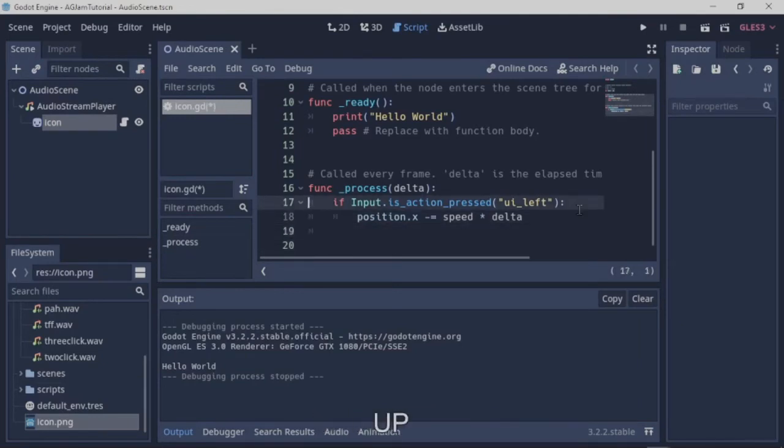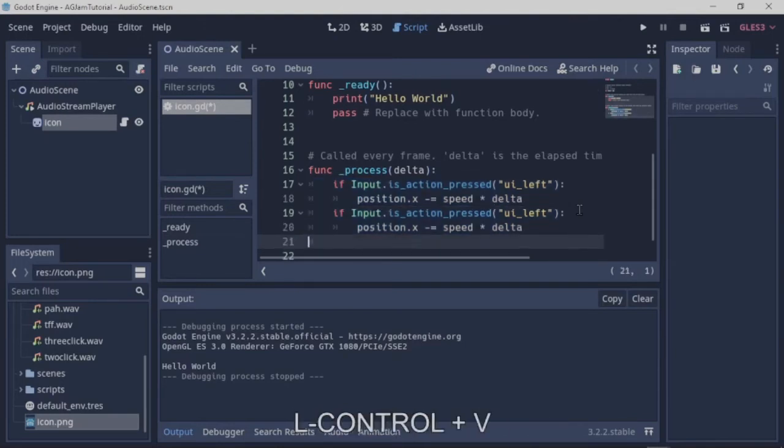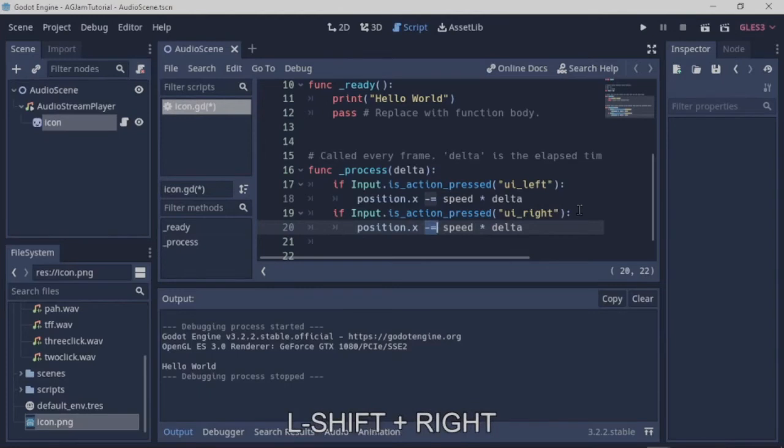In fact, it's so similar that what I'm going to do is select those 2 lines, Control-C to copy, and Control-V to paste. And the only things I'm going to change are that the action that we're looking for to see if they press it, I'm changing that to UI_right, and this operator here. Instead of using the subtract from operator, I want to use the add to operator, which is position plus equals